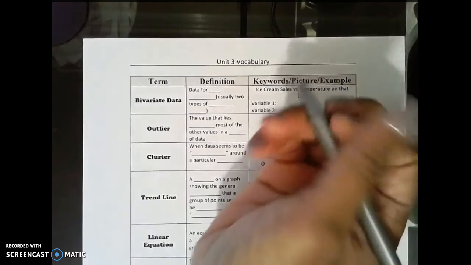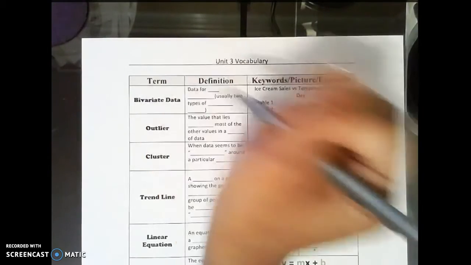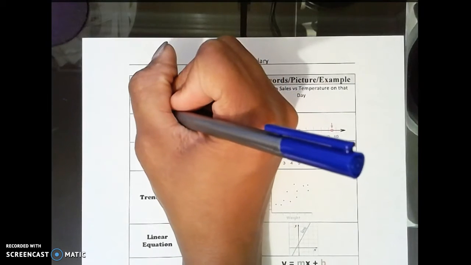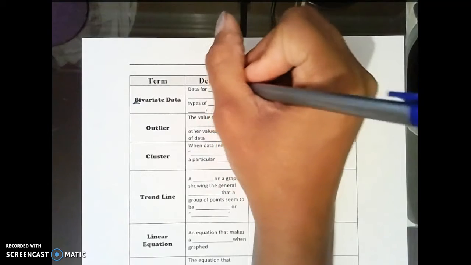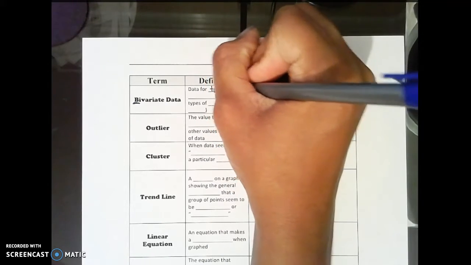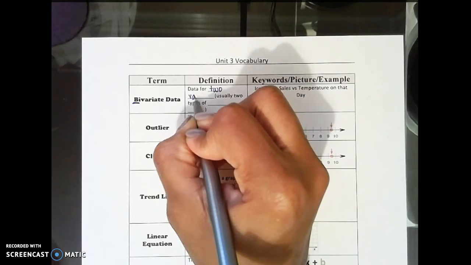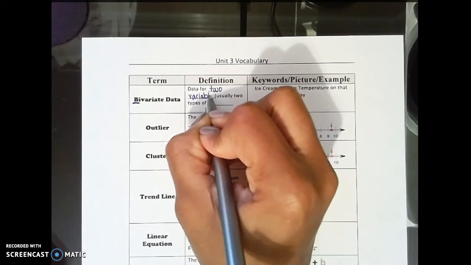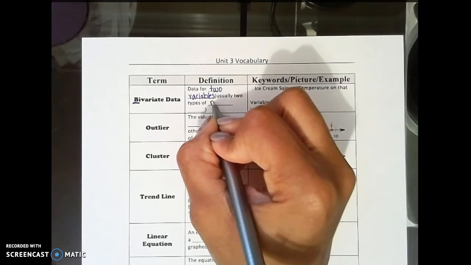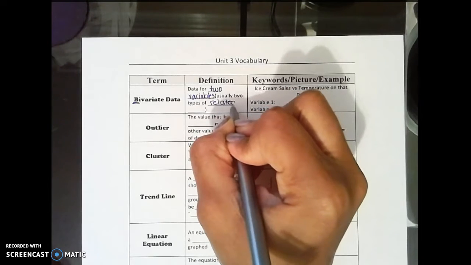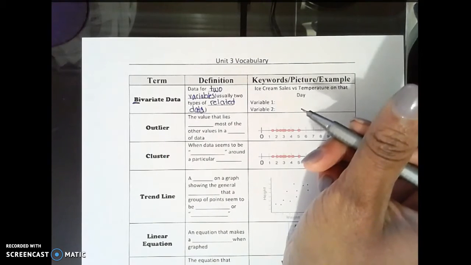Okay, the first word we're going to go over is bivariate data. Please make sure you're saying the word properly. And then in order to identify what the word means, let's go ahead and break it down. So when you say bi, that should let you know that it's data for two. And then the next part of the word is variate, which is two variables. There are usually two types of related data. And when I get back, this is probably the first unit that we're going to start with, is understanding bivariate